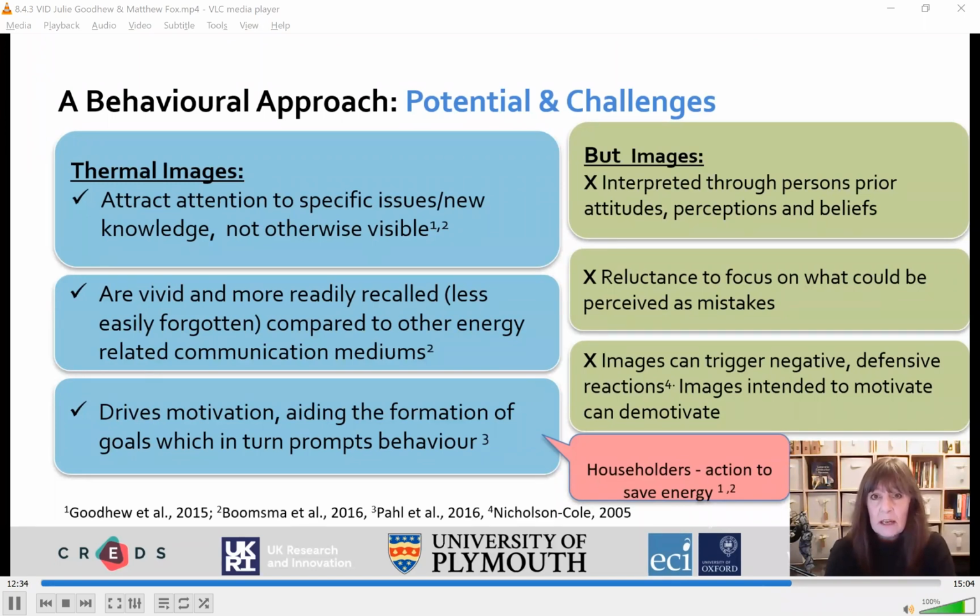So those are the positives, but on the other hand, images are never neutral. People interpret them through their own prior perceptions, attitudes and beliefs. And we're aware that construction workers might be reluctant to focus on what might be perceived to be mistakes. Images are known to trigger defensive reactions, so an image intended to motivate could demotivate. So we want to make sure we design our approach so that isn't demotivating, quite the opposite. It's part of a normal pathway towards improved